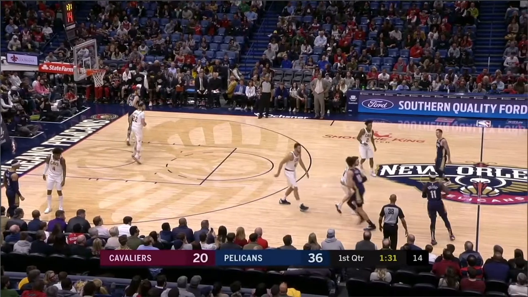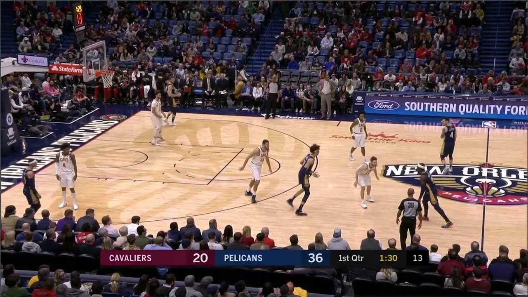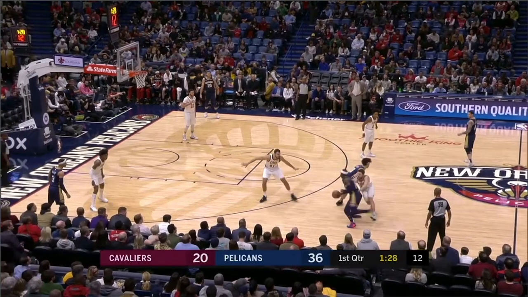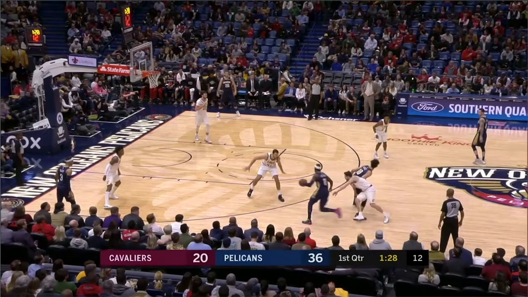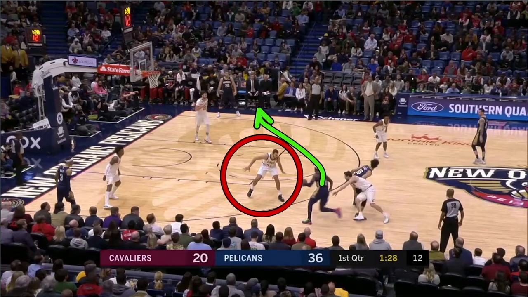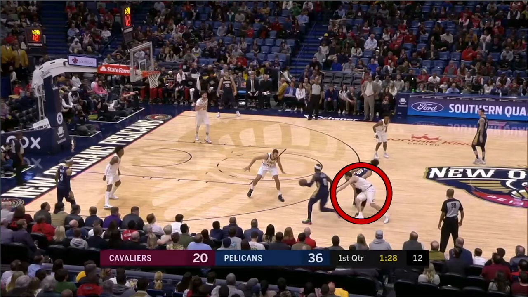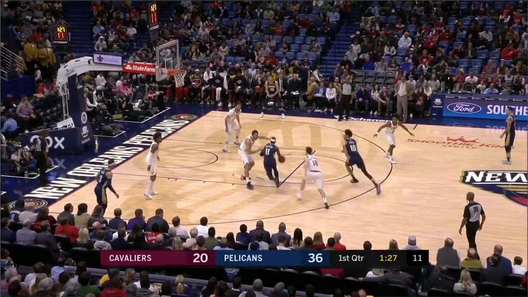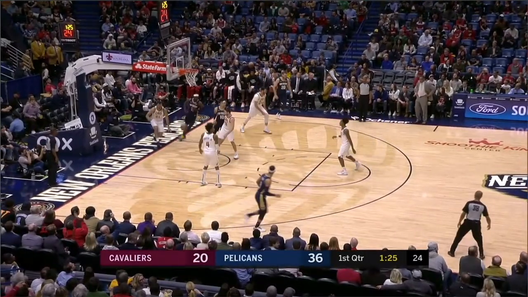Looking at a defensive clip here, so I can't tell if the Cavs are trying to switch this ball screen or they're just dropping high, but either way, it's atrocious. Look at this. When you drop high like this, you've given Drew Holiday all this space to just blow by the big. Again, Matthew Dellavedova's got to try and fight over the top of this ball screen here, okay? So, again, Drew Holiday now is just going to be able to blow by this big and get right into the lane for an easy two.